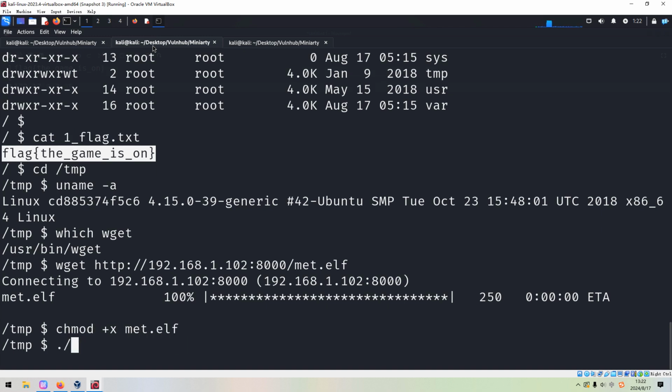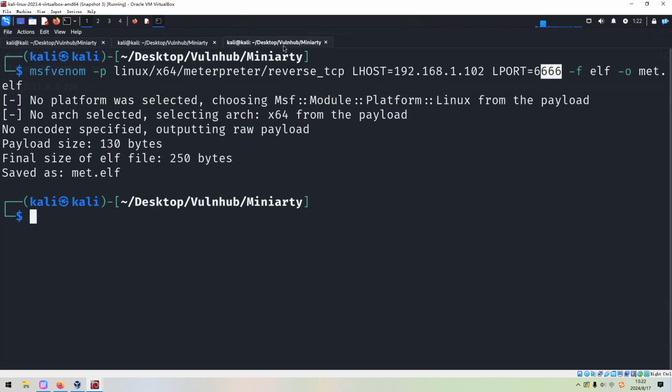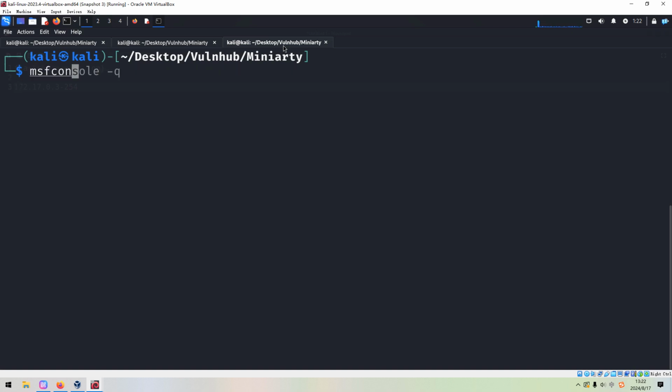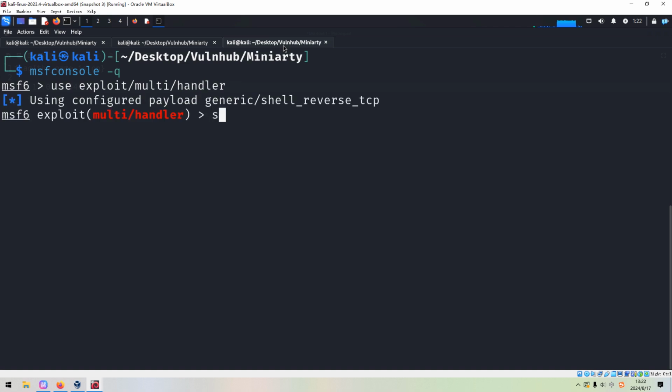And before we run this payload, we need to set up the handler with Metasploit. And we can launch the Metasploit console. Use the exploit multi/handler module, and of course we need to set a payload.